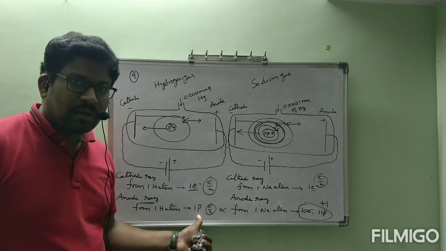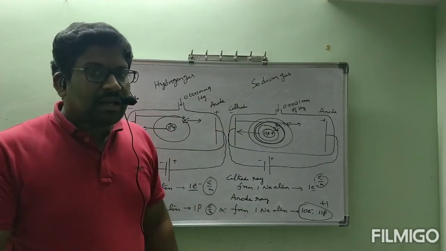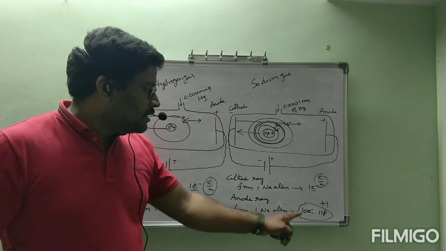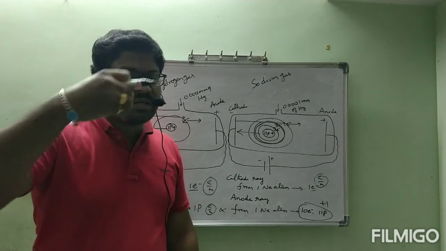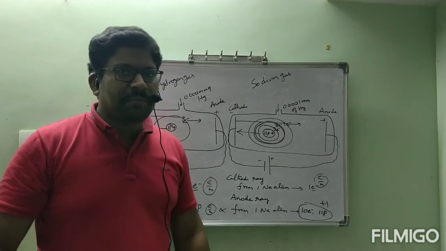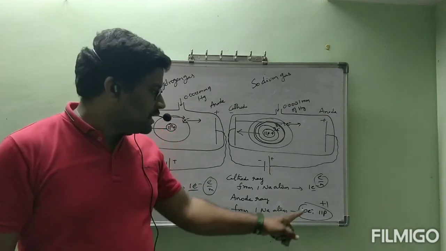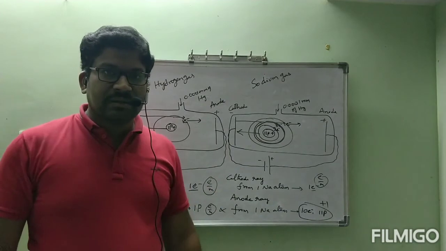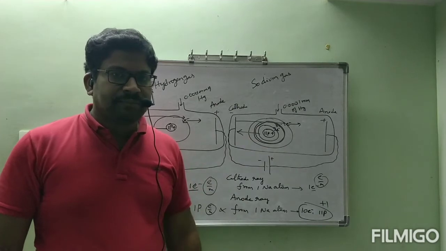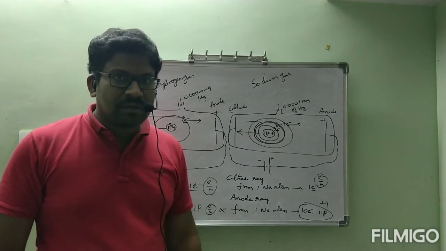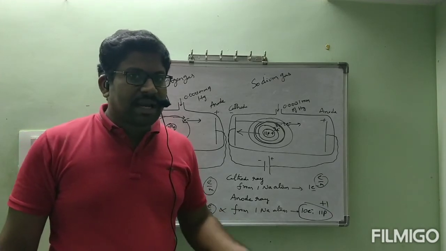Proton comes out. Otherwise, if you take any other gas, the anode rays do not contain a single proton. They contain electrons and protons, but the total charge is positive, because one electron is removed and the remaining part is definitely positively charged, but that positive charge is not one proton. It is because of 10 electrons and 11 protons in sodium gas, and 12 protons and 11 electrons in magnesium gas, one electron less. Are you able to understand, everyone? Is it clear? That's why I did not put protons in brackets in the heading.